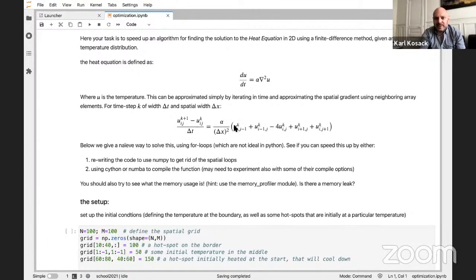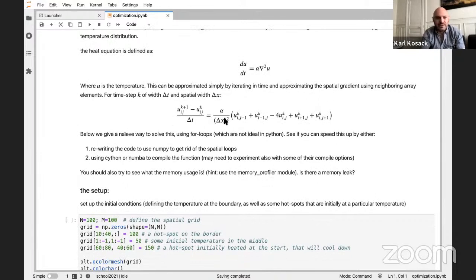Let me just take a step back here. What we're doing is taking u, which is the heat at time step k, and putting it on a discretized grid. So we have a grid of positions, and for each time step, we loop over the whole grid and compute the next version of how the differential equation will evolve. This is a really simple example. It looks maybe more complicated, but it's very easy to derive this yourself.